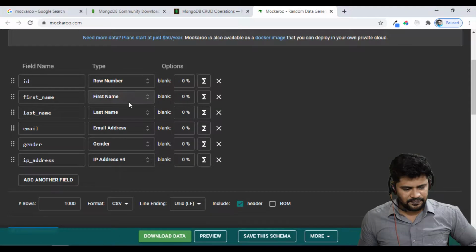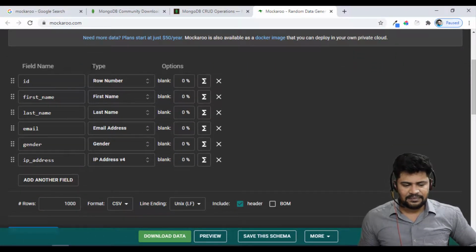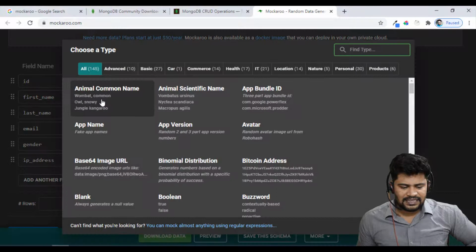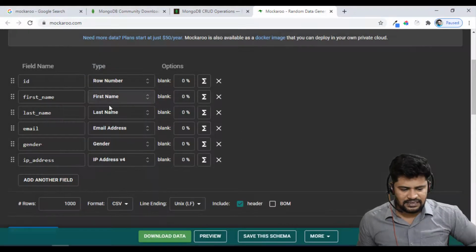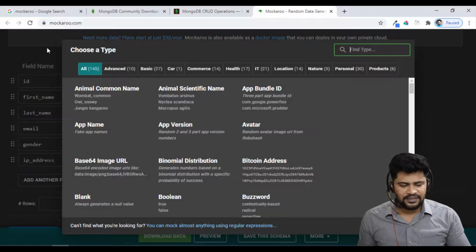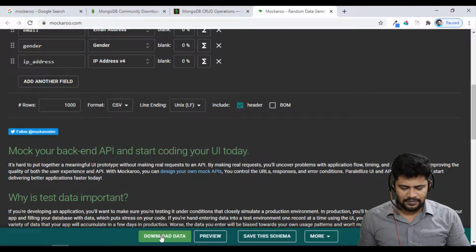See here in mockaroo.com, they have the field name and what type of data you're going to generate. For example, first name is the field name and you can just select, see, first name. So person first name is going to fill over there. Okay. So you can finalize all the fields and what type of data you want, and you can download the data you're going to get.